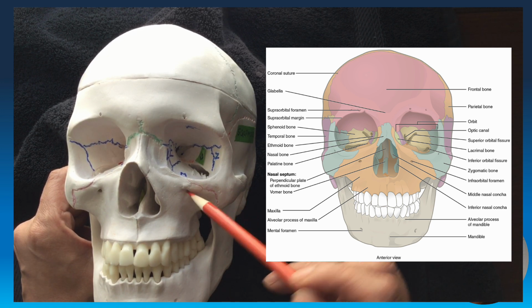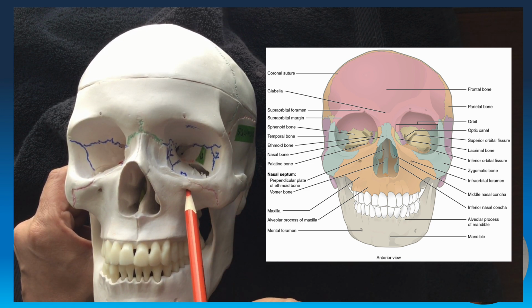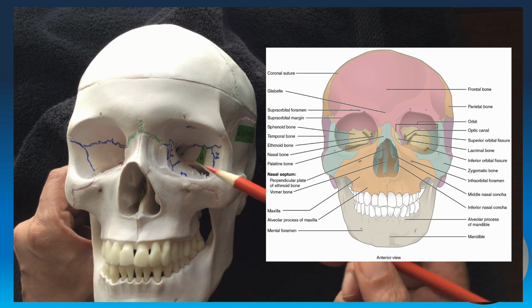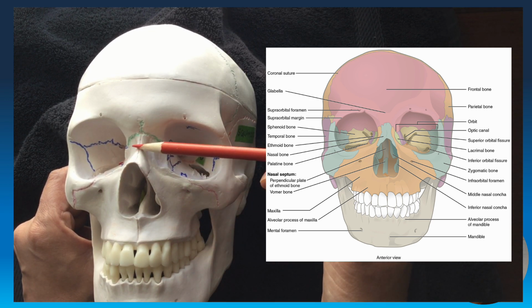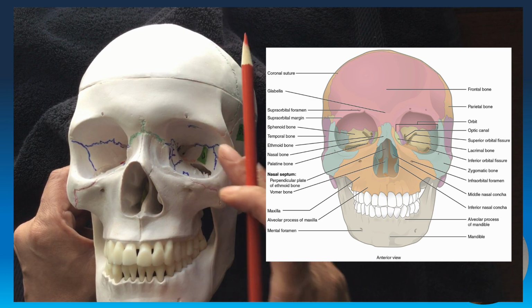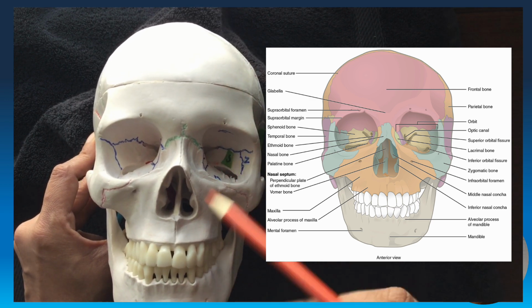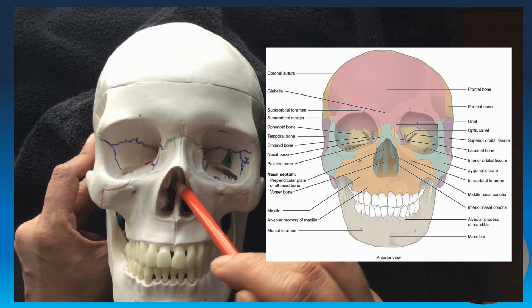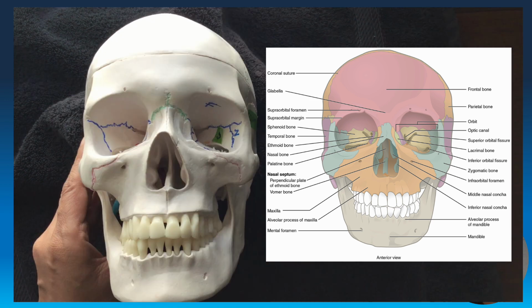And here we have the joining of the zygomatic and the maxilla. And this right here is called the infraorbital foramen. Okay, now nasal bone is going to be right there. And if you look inside the nasal cavity, you've got a perpendicular plate, and then